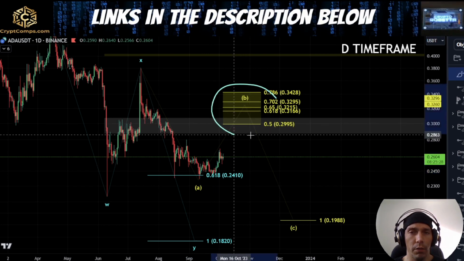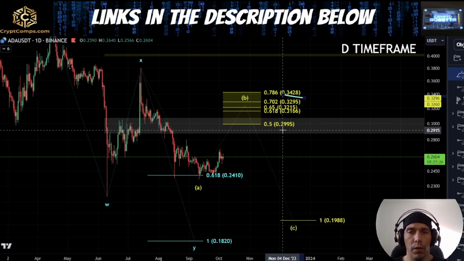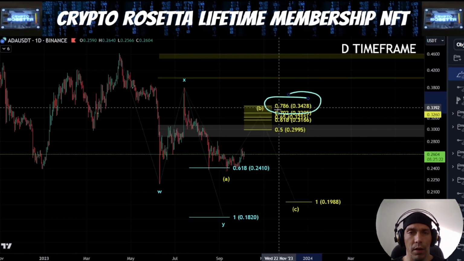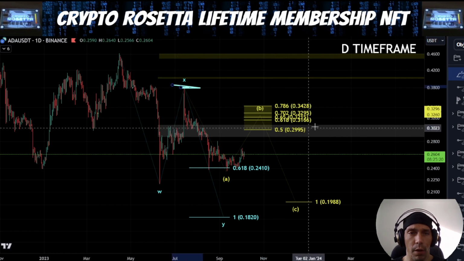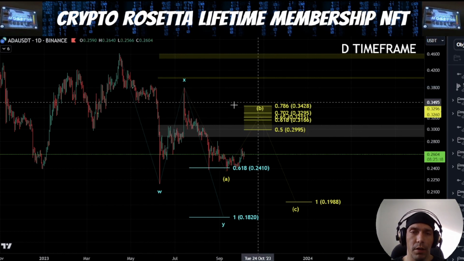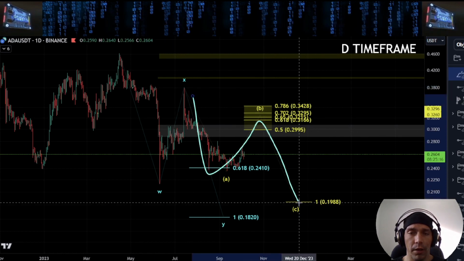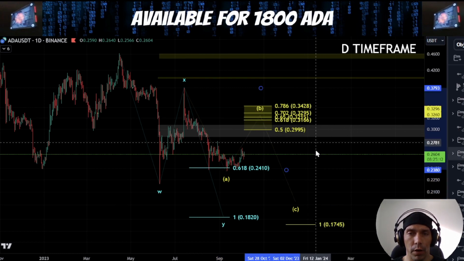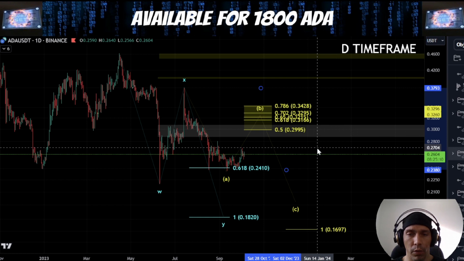I'm going to be looking out for this 786 to this 50% level. If we fail to break back above this 786 and actually take this X wave high, we need to be very careful here that we could still be in a structure like this where we're still looking to move to the downside. Now, our current 1-to-1, given our actual retracement that we've got here, would put us down towards a